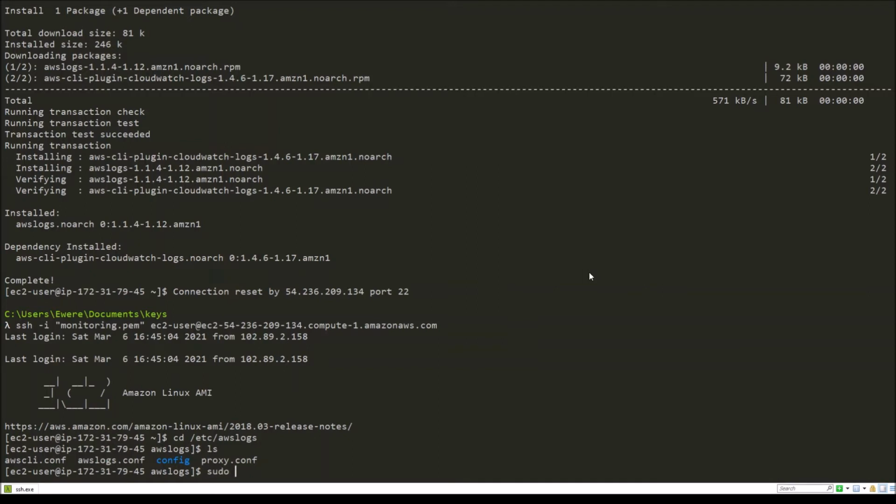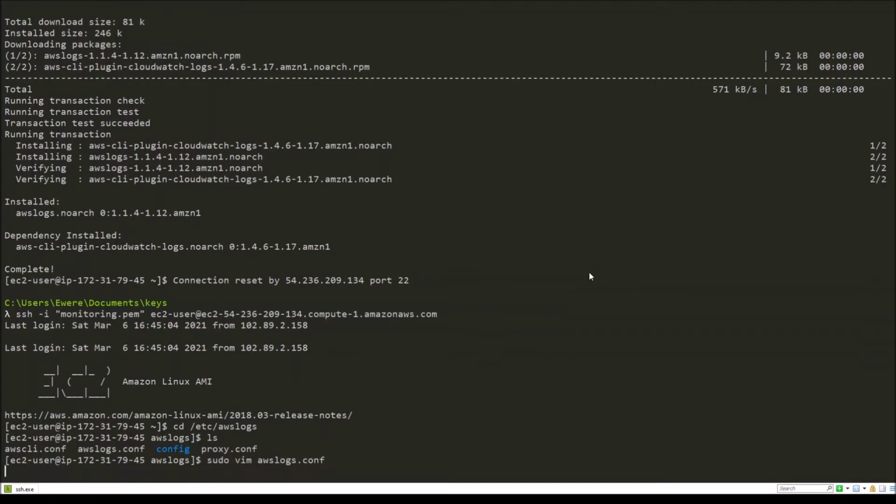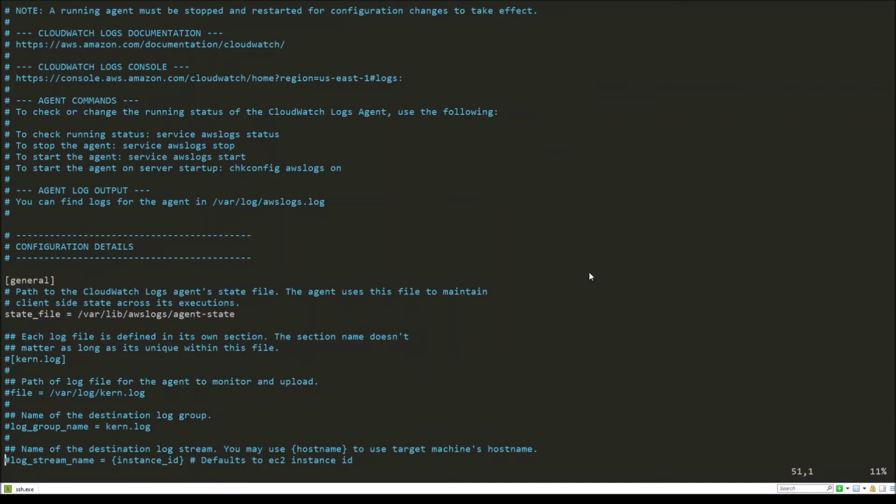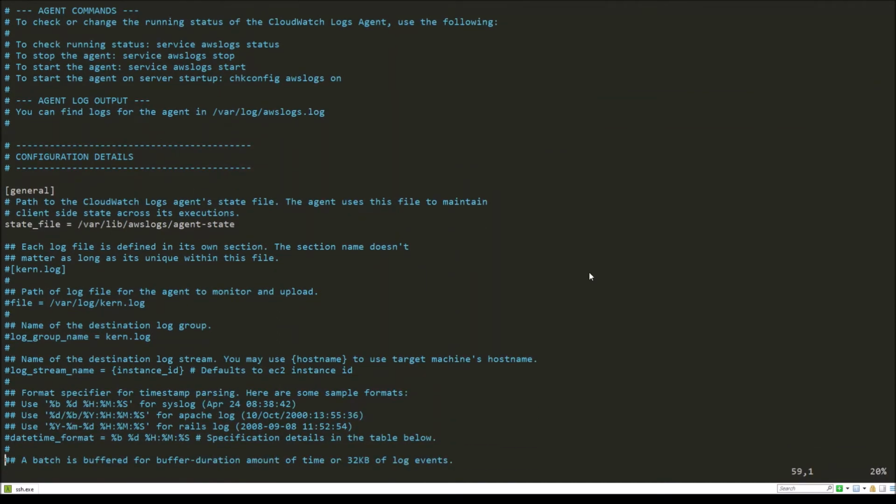So sudo vim awslogs.conf. So opening this file is going to show us a lot of configurations and instructions that help us to understand how to configure the CloudWatch Logs agent to send logs into CloudWatch, and the different changes and different parameters that can be changed. So we have the state file, and we have a bunch of configurations, but if we scroll down to the